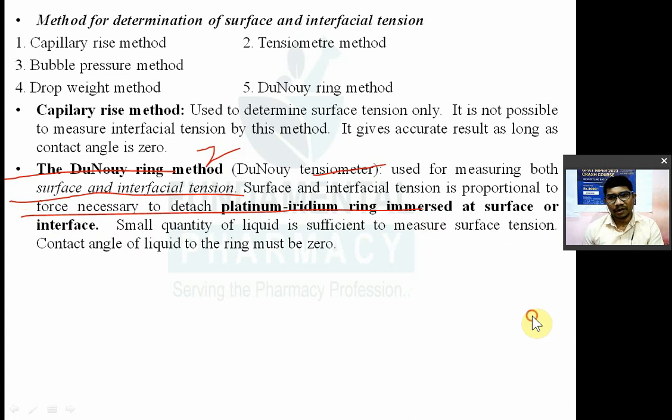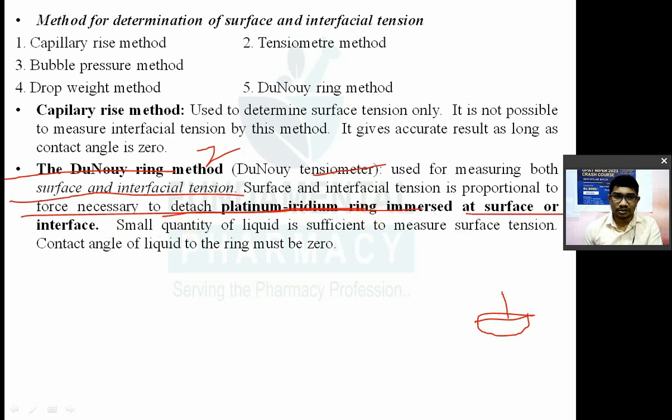इसमें क्या है? रिंग होता है प्लेटिनम इरेडियम रिंग, वो अटैच होता है आपका डायल वहाँ पे डायलमीटर होता है. Now you have to insert that platinum iridium ring at a surface or at an interface, and the force required to remove this ring from the surface or from the interface, that is nothing but your surface tension. Okay. Now surface and interfacial tension is proportional to the force required to detach platinum iridium ring immersed at the